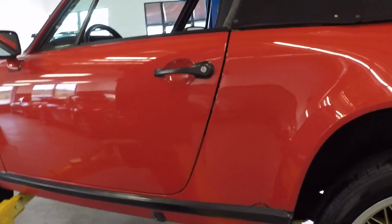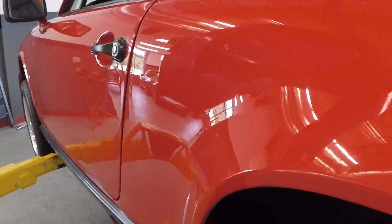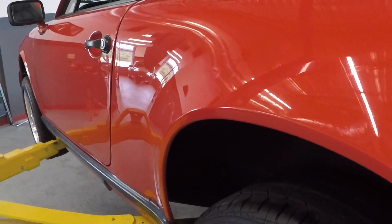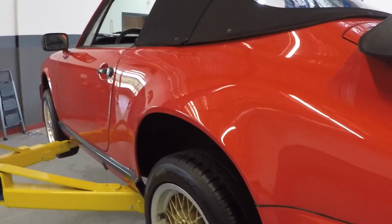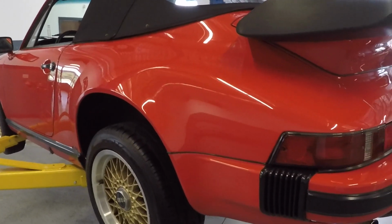I only mention that because this car is original quarter panel. You feel underneath here it's original Porsche undercoating, and if that panel's ever been replaced, you lose that undercoating. They don't duplicate it. This car was a recipient of